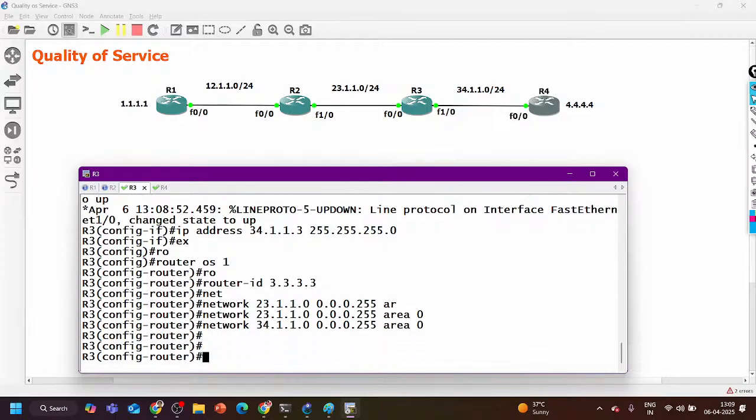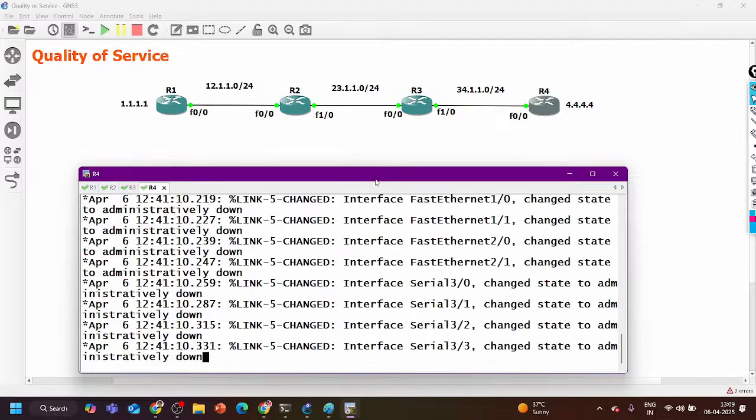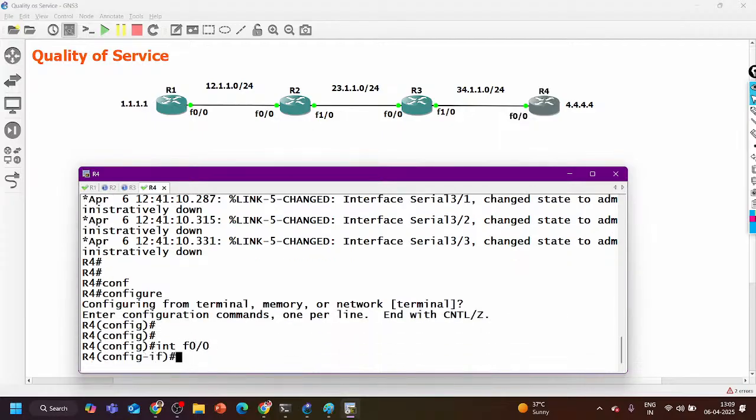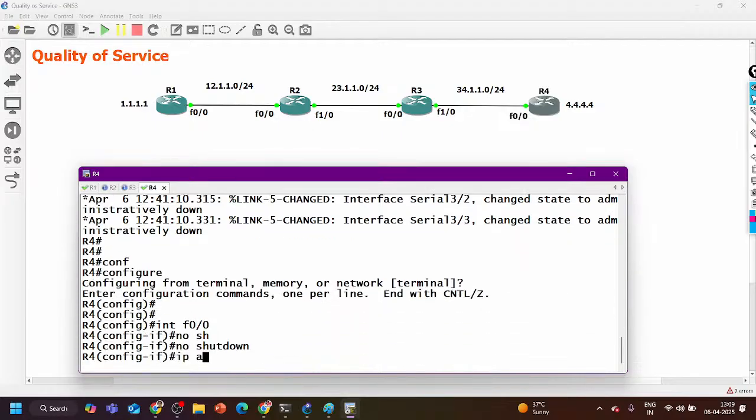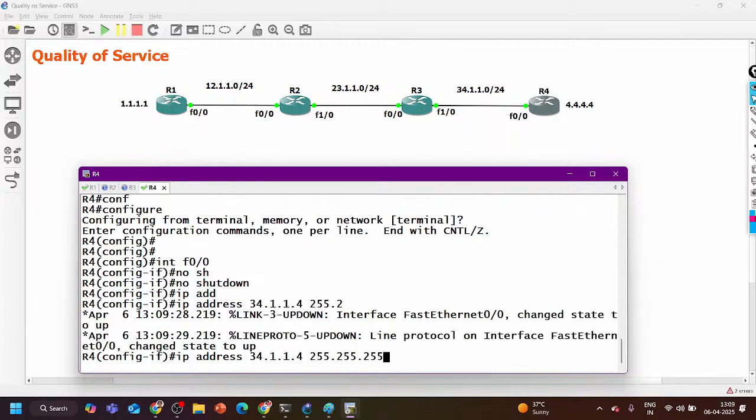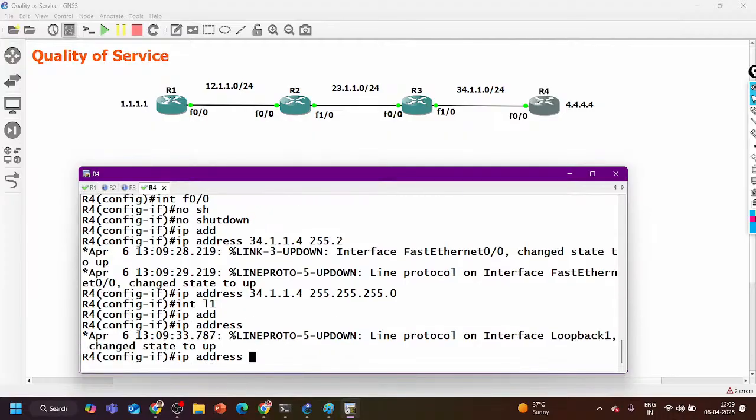OSPF का neighborship अब क्यों नहीं आ रहा है? अच्छा, यहाँ पे आ गया है. ठीक है. On router number 4, interface F0/0, no shut, IP address 34.1.1.4 255.255.255.0, interface loopback 1 and IP address 4.4.4.4